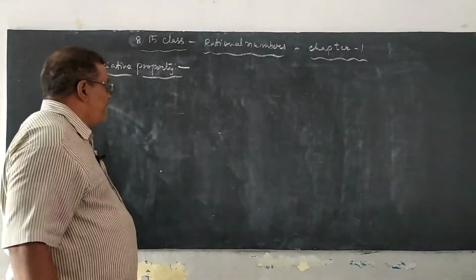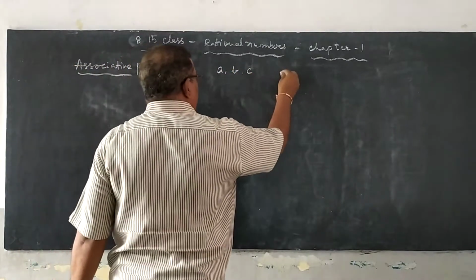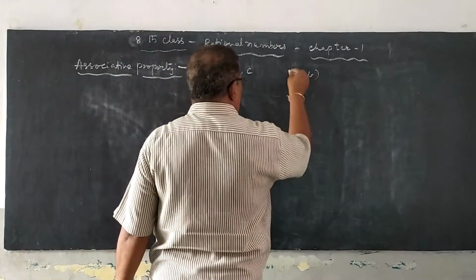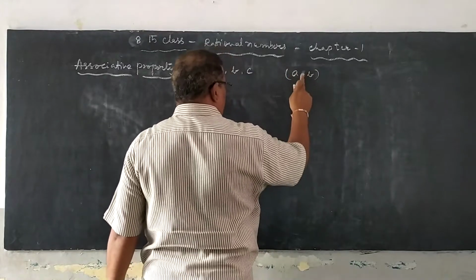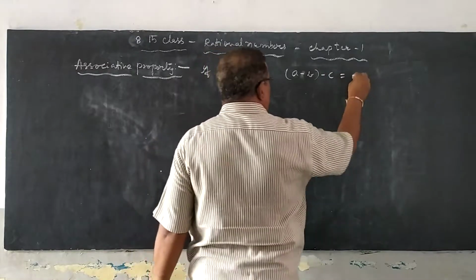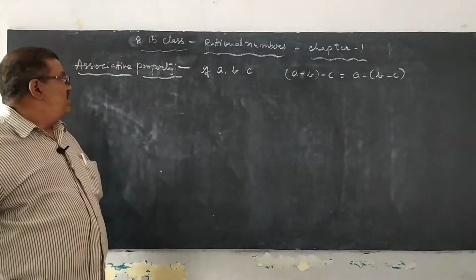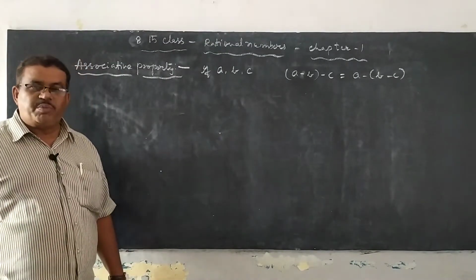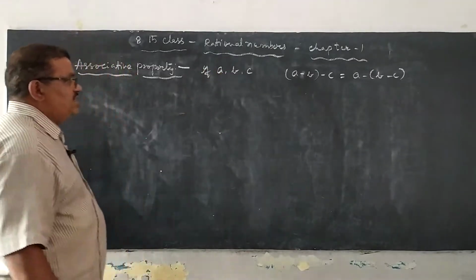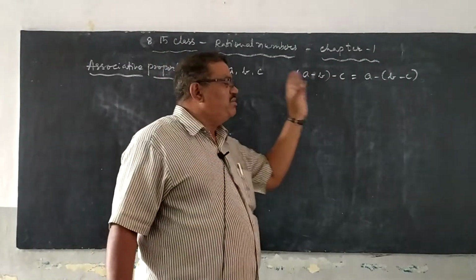Okay children, if A, B, C are three numbers, then, as I already told for addition, A minus B, minus C equal to A minus, B minus C. This is said to be the associative property under subtraction. So one time we have to take examples for that. Is the associative property under subtraction satisfied or not? One time check here.